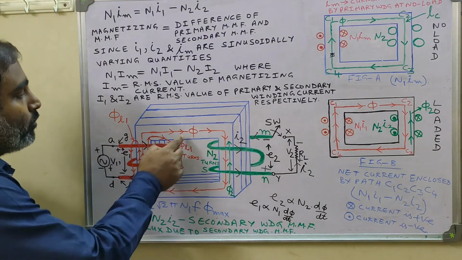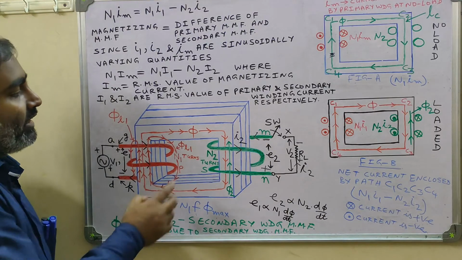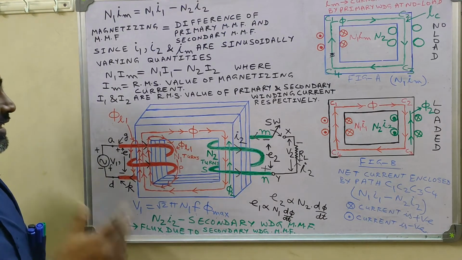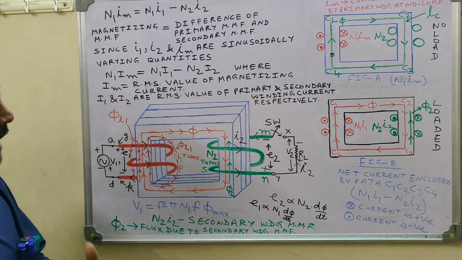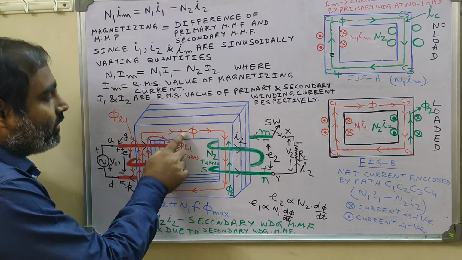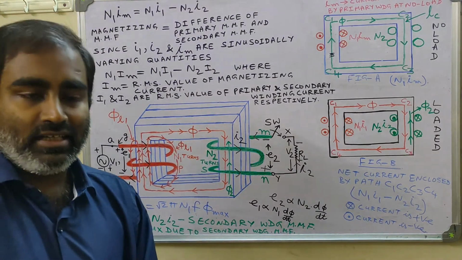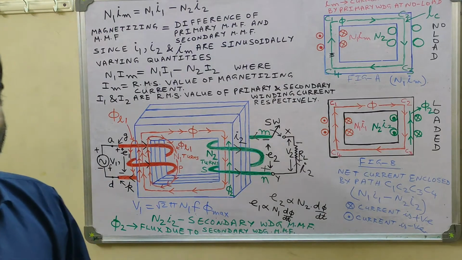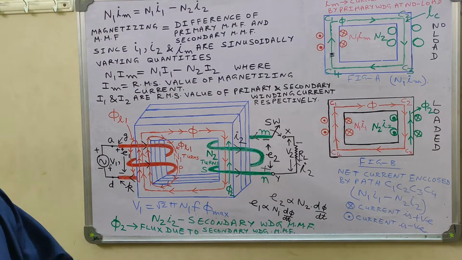Whatever may be the value of the mutual flux phi, the value of the mutual flux phi can increase up to any extent. But no matter how large or how high the value of the magnetic flux phi through the transformer core can be, the core of the transformer will not get saturated. That means the value of the relative permeability mu r will always be held at a constant value. This is our fourth assumption.